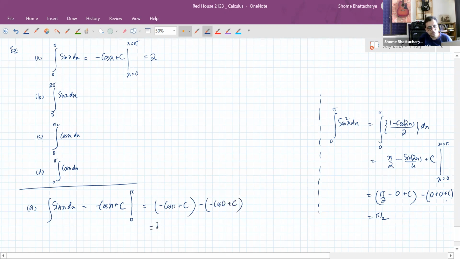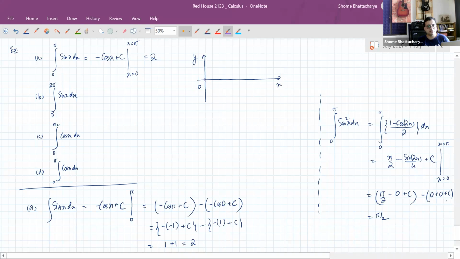Now the important thing is, remember, the value of cos pi is how much? It's minus 1. And the value of cos 0 is 1. So it is in fact 1 plus 1, and that's how it comes out to be 2. So it's very easy to make a mistake, so we have to be very careful about this. And just to justify that it should come out as a positive quantity,